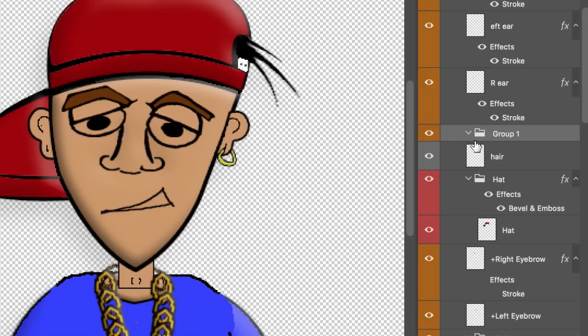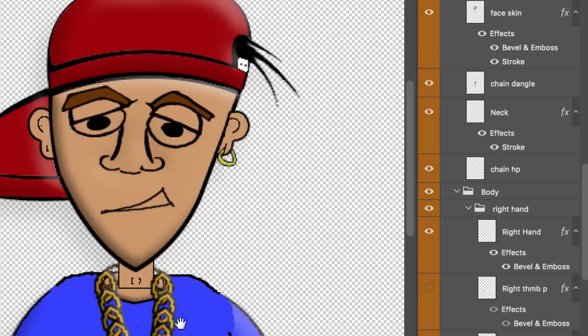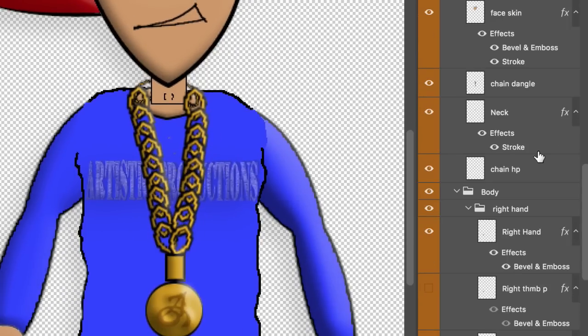So I'm going to make another group here. I'm going to call that hair. Actually, I want to call that plus hair to make sure it's independent. I'm going to drag this hair layer inside of here, and then I'll rig the dangling within Character Animator in just a second. Now, moving back to the chain down here, something interesting is that the chain and the neck,